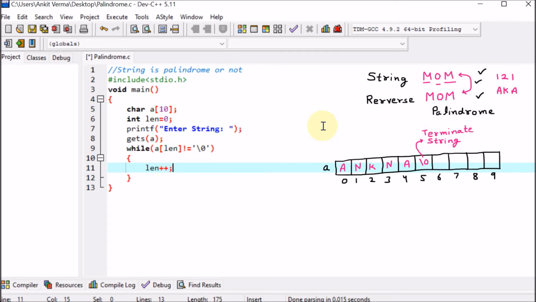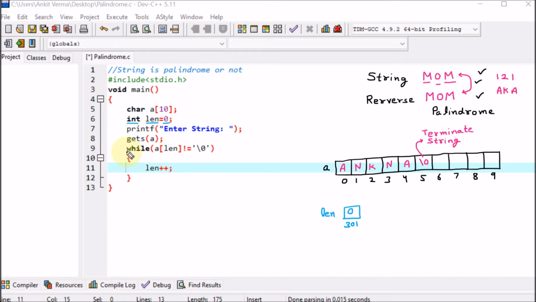Now we are understanding what this code is doing. So here, first of all, we have declared one integer type variable which is length. So one variable is declared in the memory, that is len. Len signifies length, and right now the value is 0. We are assuming that its value is right now 0. It may have any address, let's say 301. We don't have to bother about it.